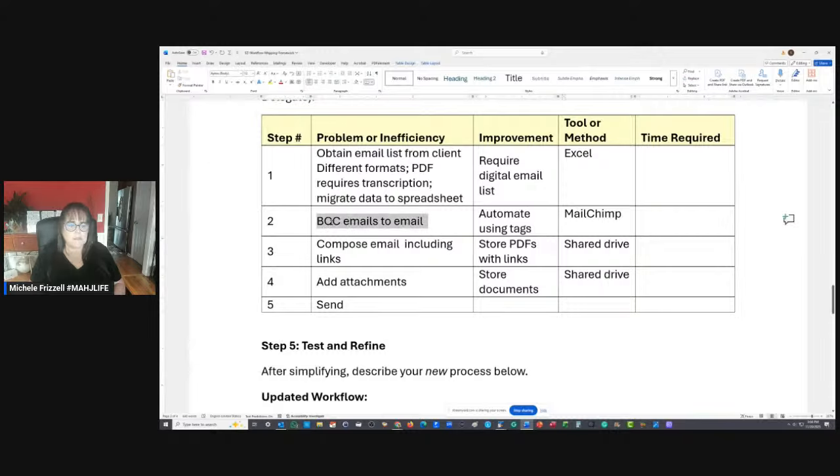And doing the BCC, if you were to use MailChimp, you would be able to leverage the use of tags, and I'll do a demonstration on how to do that, or find a tutorial on how to do it. I'm sure you could find a tutorial on YouTube. Just look up using MailChimp tags, and I bet you could find a tutorial.